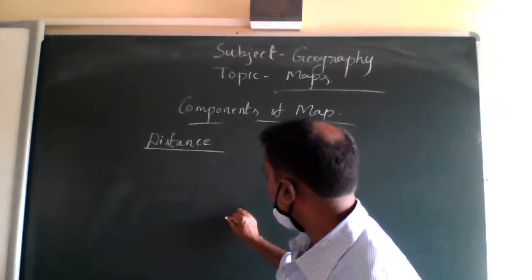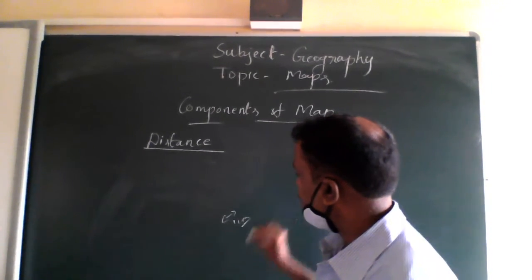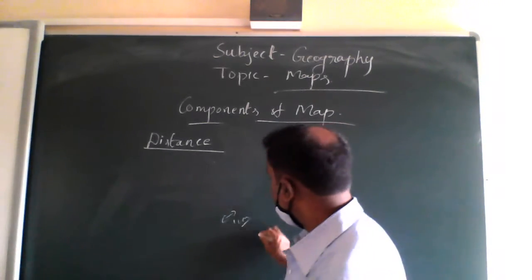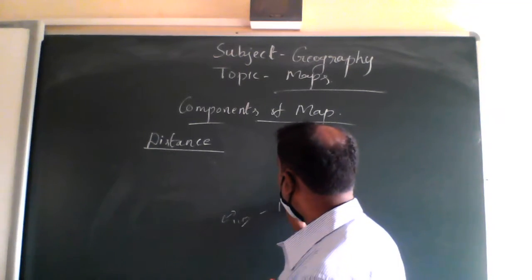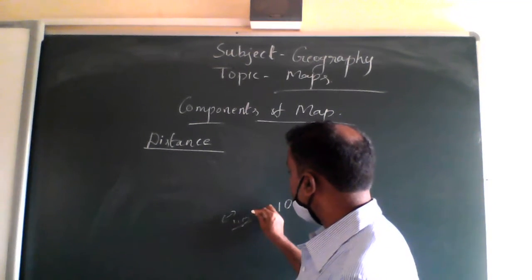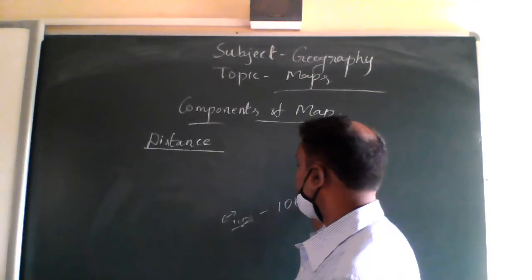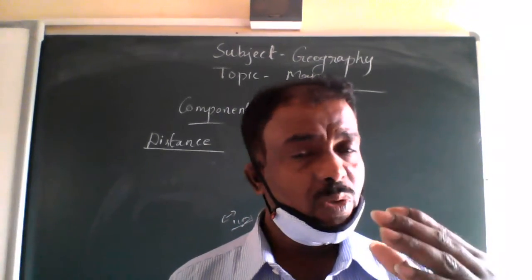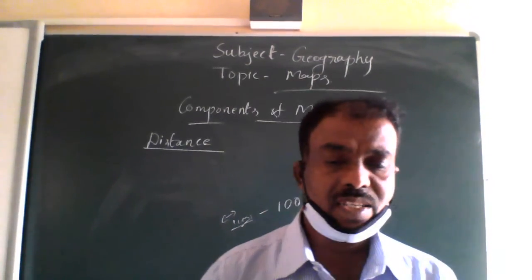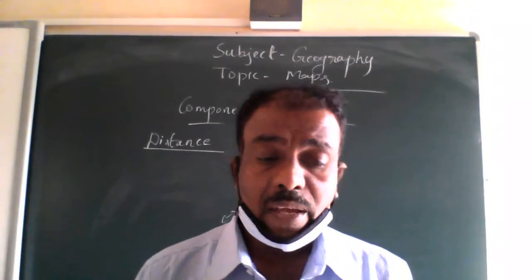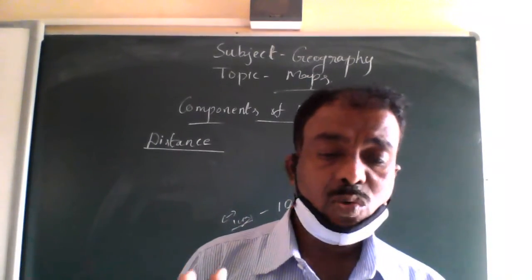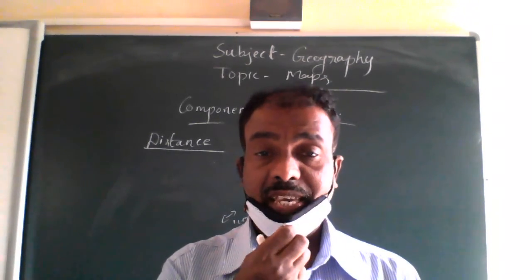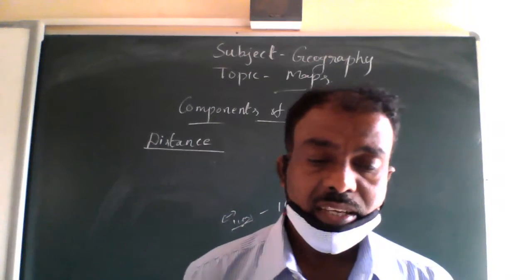Now, from here to here, I will show, 1 centimeter distance. But 1 centimeter distance is equal to, we have to mention, maybe 1,000 kilometers. So here the map shows 1 centimeter for 1,000 kilometers. It's because this is not the real distance, because we are using a piece of paper or a flat sheet. Therefore, a scale is chosen for this purpose. So we are using scales.